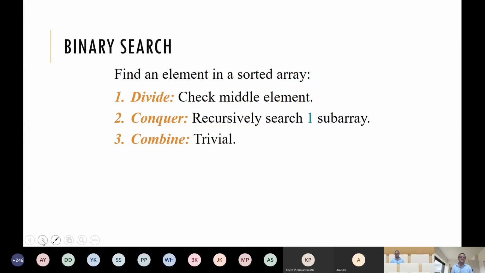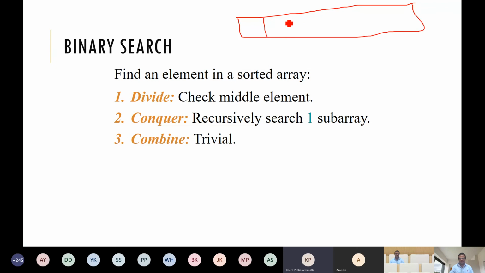So the binary search problem has 2 inputs. One is the n elements which we take in an array, and that is a sorted array. Another input is the key, and that key needs to be searched, whether it is in this array. So how to do that? How to search it? We are given some numbers in an array.